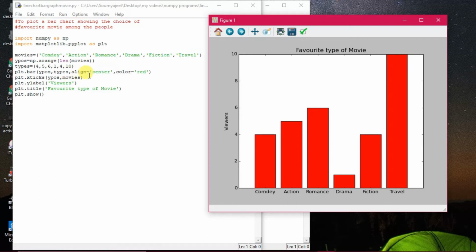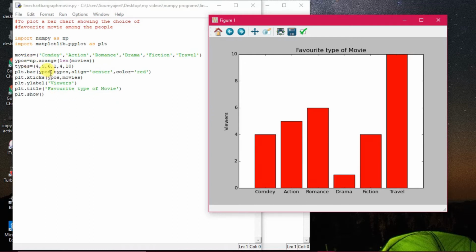Okay, align equals center, types 4, 5, 6, 1, 4, 10. Okay, 4, 5, 5, 6, 1, 4, and then 10 has been taken. These are the types. This many people are in each category. These many people like this particular type of movie, and len(movies) has been taken.